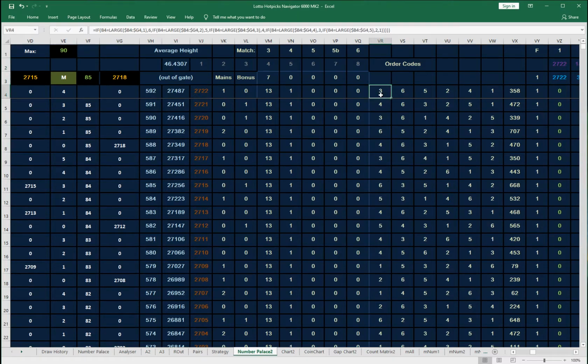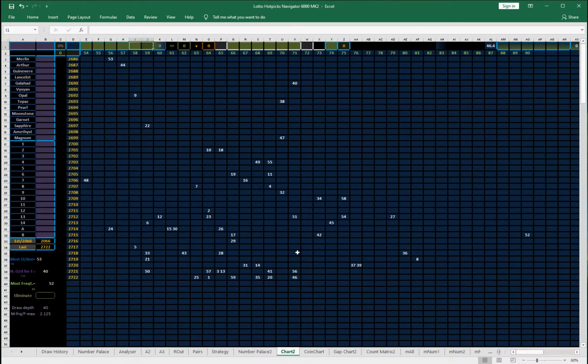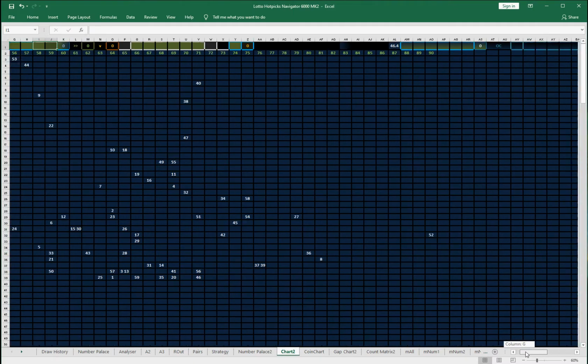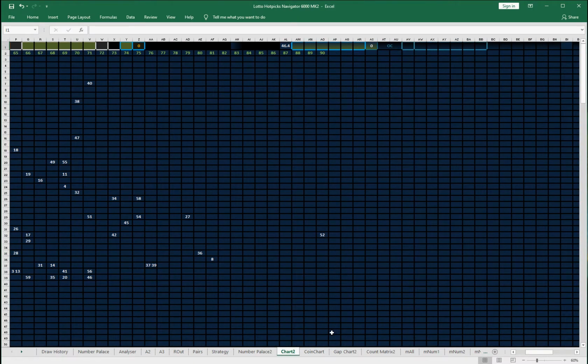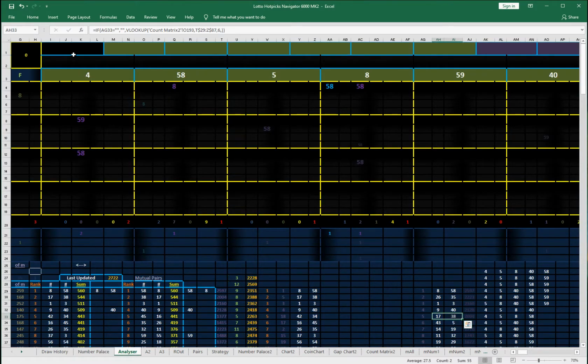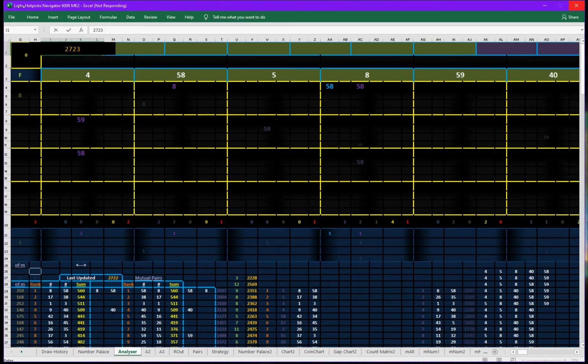So basically, in fact, I'll show you on the chart. I'll show you this section. Right. So if you take these numbers that are on the analyzer, and let's assume they come out in the next draw, hypothetically,